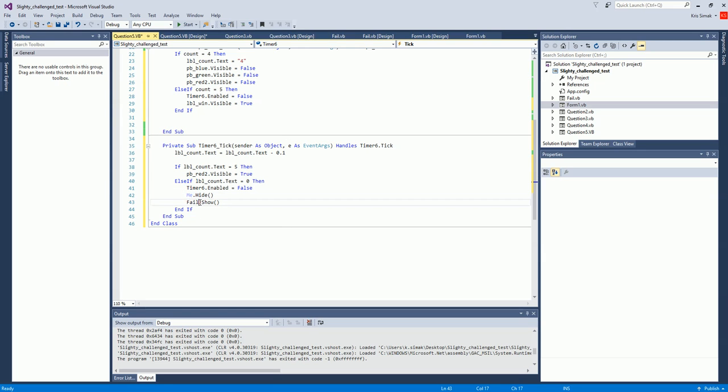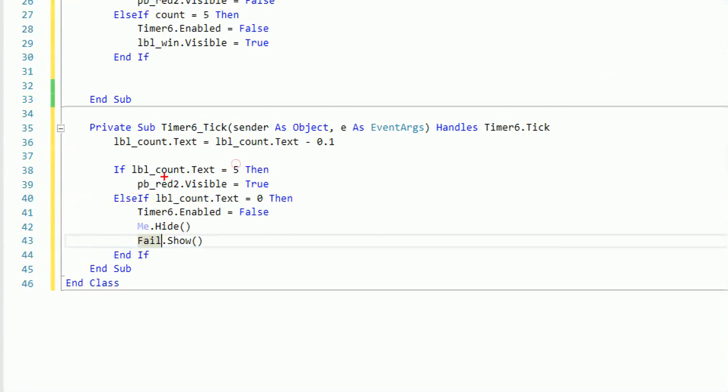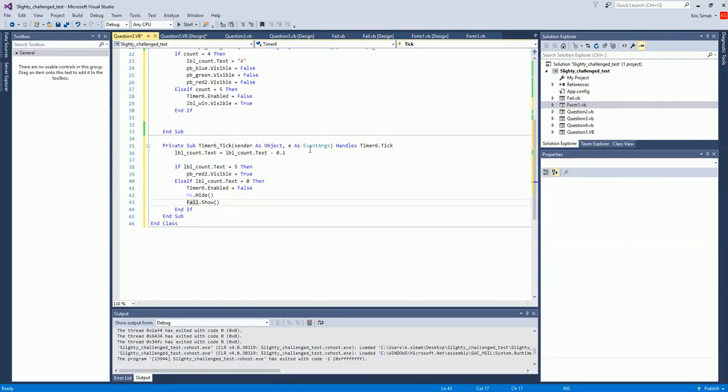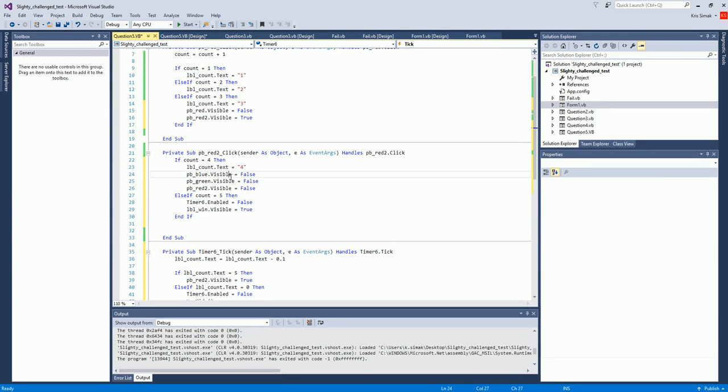And me.hide, fail.show, we're going to fail the whole thing. What this is saying is once the timer gets to 5, then we're going to make this box, which hopefully by then is invisible, visible. If it gets to 0, then we're going to stop the timer. We're going to hide the form and show the fail form. What we're going to do up here